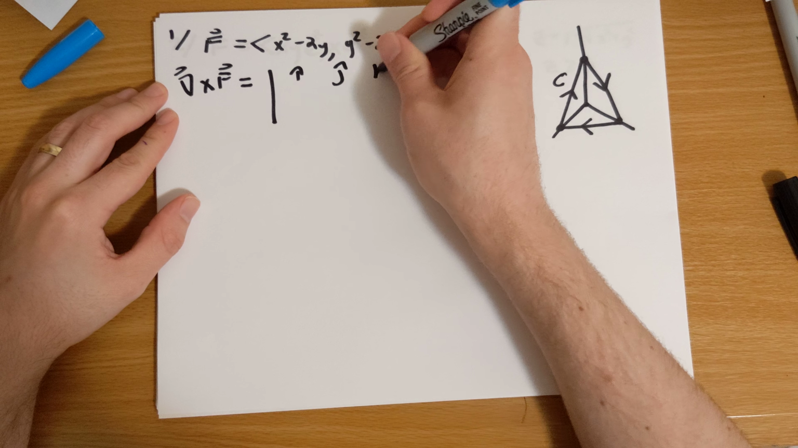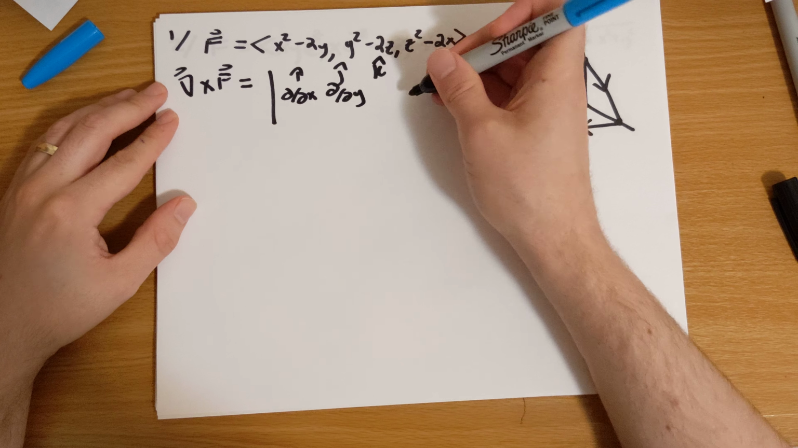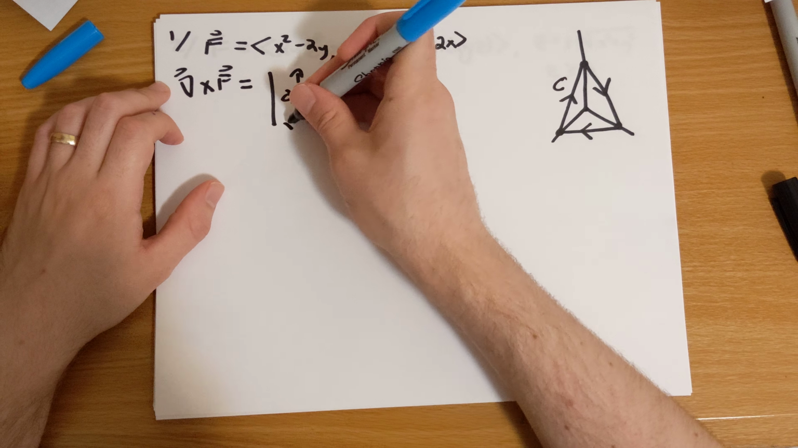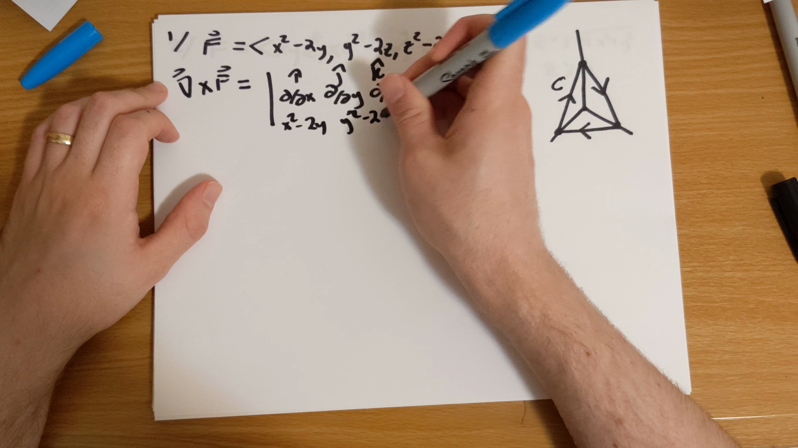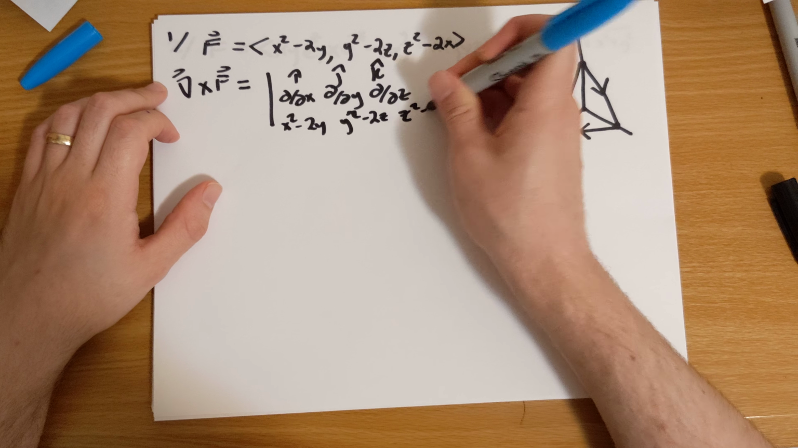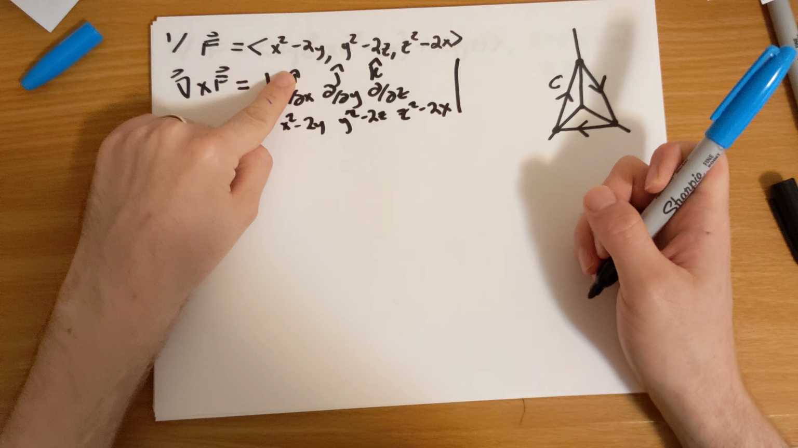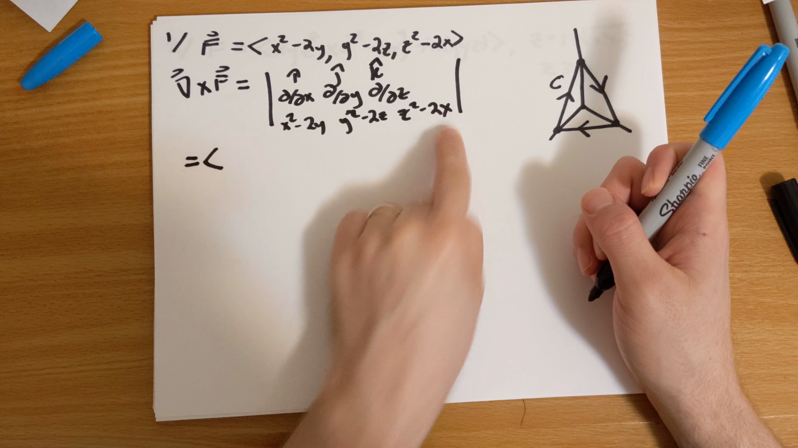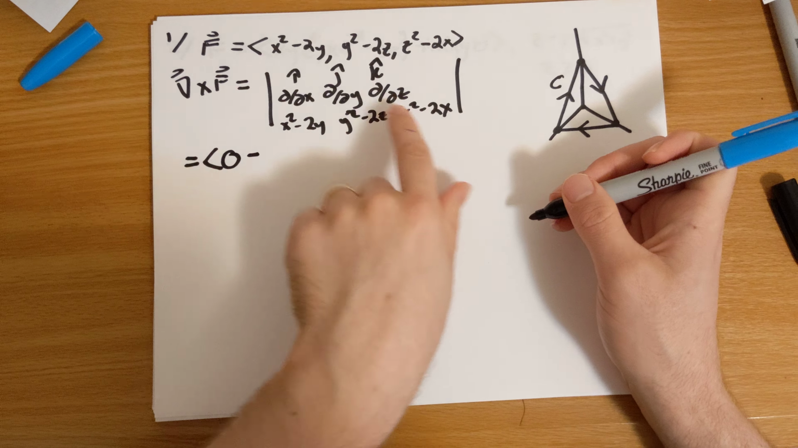Okay, i hat, j hat, k hat. I always write this out as a determinant of a 3 by 3 matrix, thinking of this as a cross product. And so x squared minus 2y, y squared minus 2z, and z squared minus 2x. Okay, so the i hat component will be the partial derivative with respect to y of this. There's no y dependence, so that's 0. Minus the partial derivative with respect to z of this,